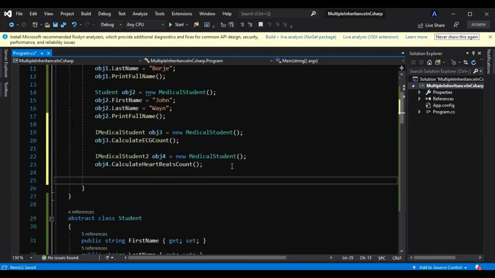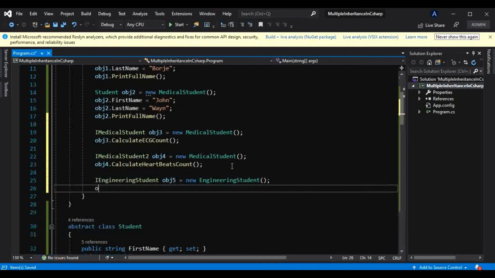Similarly, I will create the engineering student object from this base type of interface. So obj5 is equal to new EngineeringStudent, and I will call the calculate area of circle method like this.